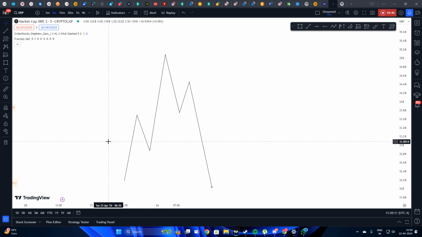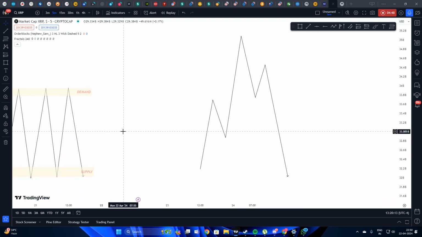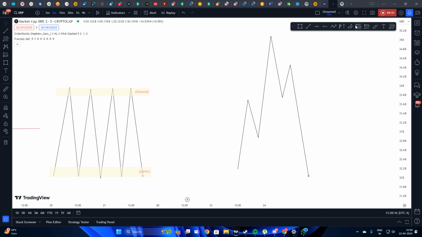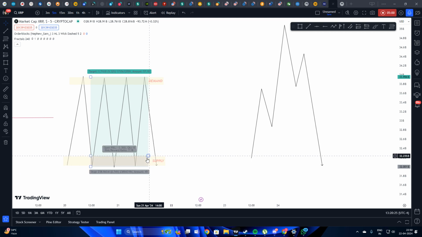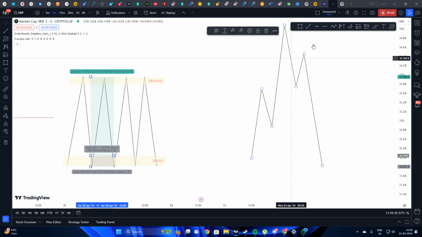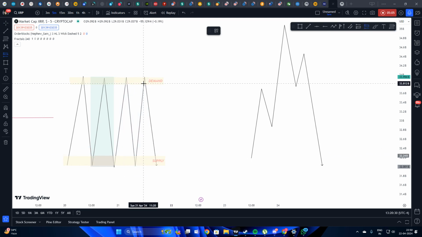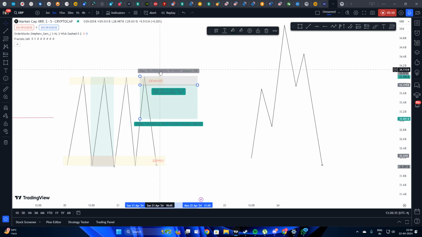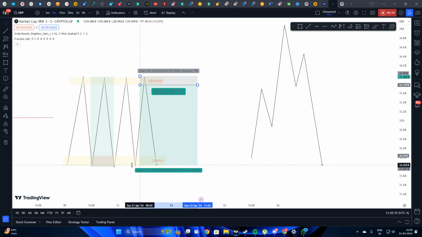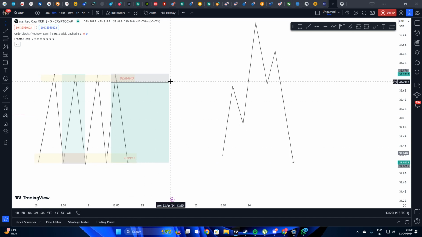How exactly do you trade this? Now, it was not as easy as buying at the bottom with your stop losses below the supply zone and just reversing it, going for shorting and selling at the top with your stops above the demand zone and your take profits at the supply. Well,